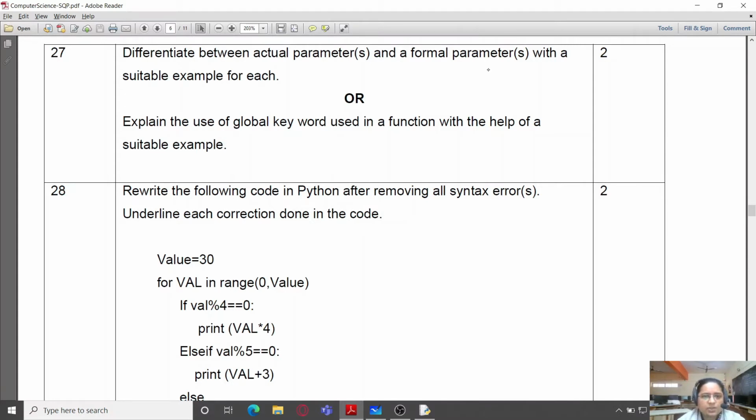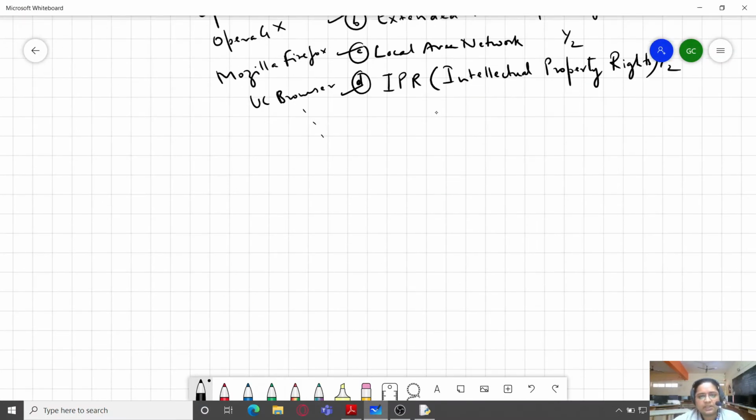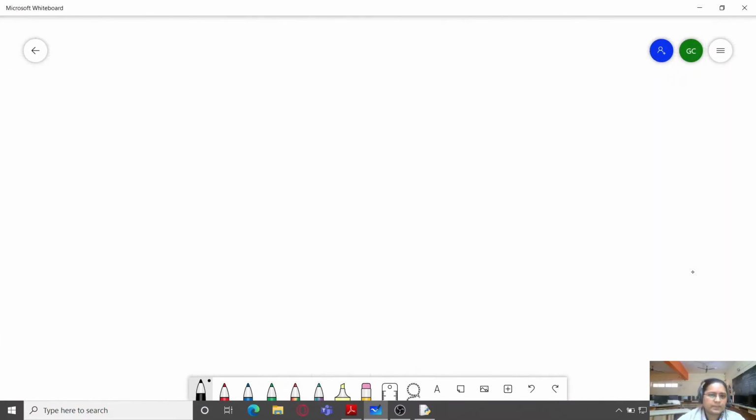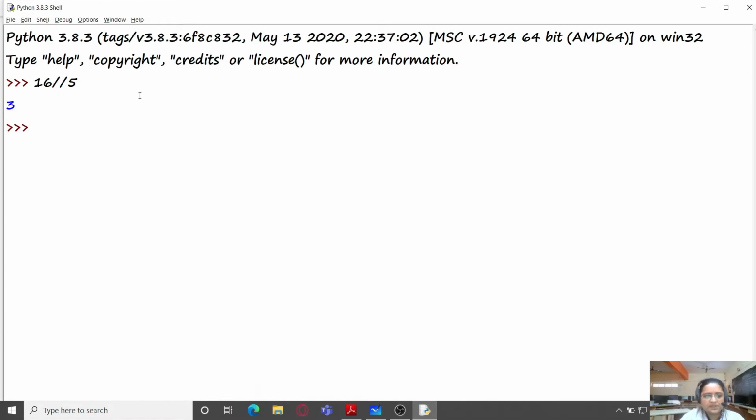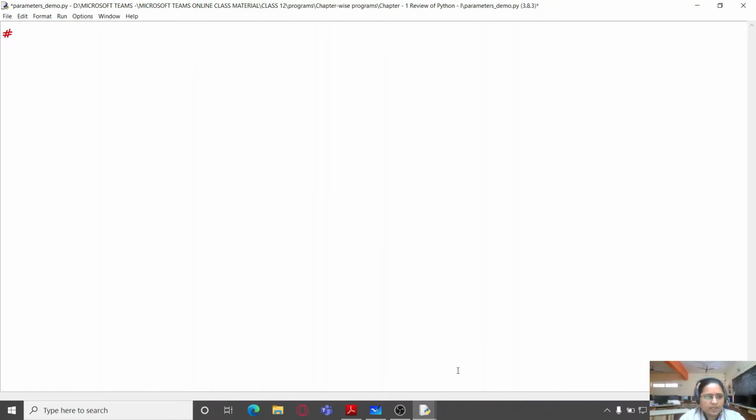Differentiate between actual parameters and formal parameters with a suitable example for each. So what are actual parameters? Now I'm going to write a sample program here in Python to explain the difference between actual and formal parameters. So here we are going to write a simple program. Define a function to calculate and return the factorial of a number. So we'll start with def fact,